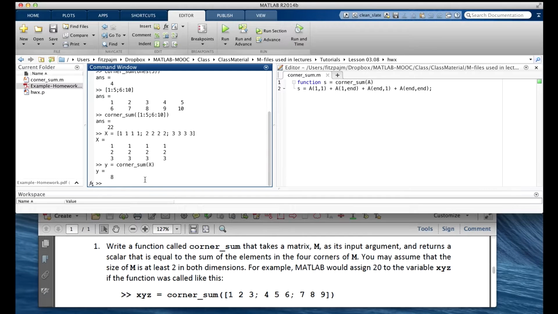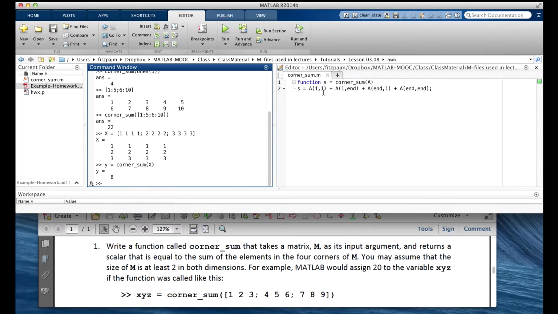The input to the function, that is the various matrices we use to test our function, were created outside of the function, not in here. Over here in the command window. For example, on the last one, we had a variable x in the command window that we'd given a value. When we call our function, right here, MATLAB passes the value that's in this variable x, which is a 3 by 4 matrix of 1s, 2s, and 3s, into the function. Inside the function, the input argument a is assigned a copy of this matrix. The one that was in x, but it's just a copy over here in a.